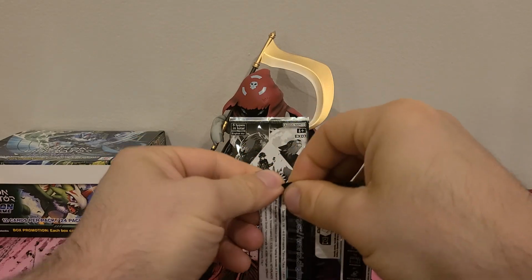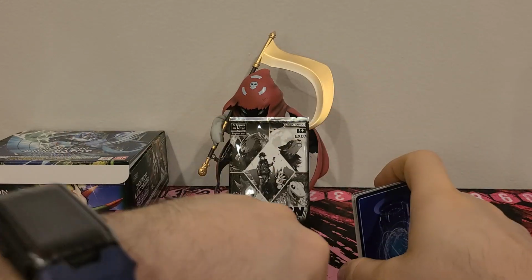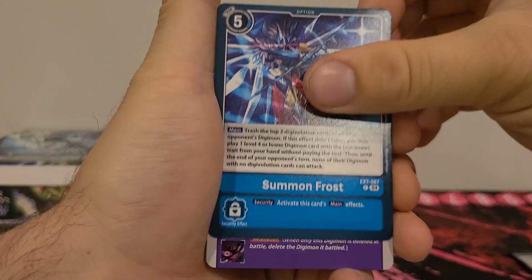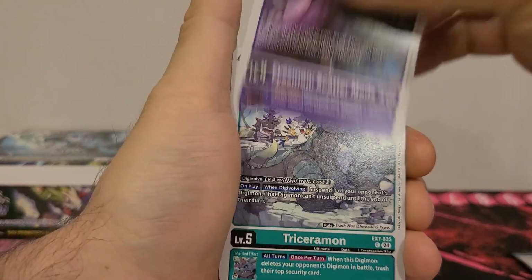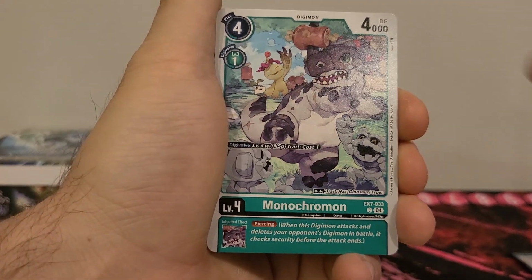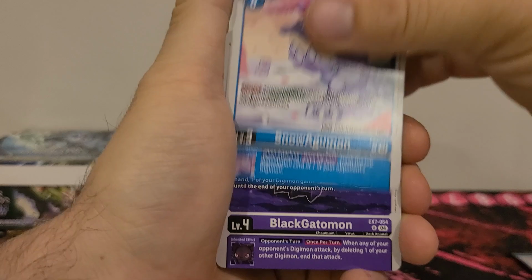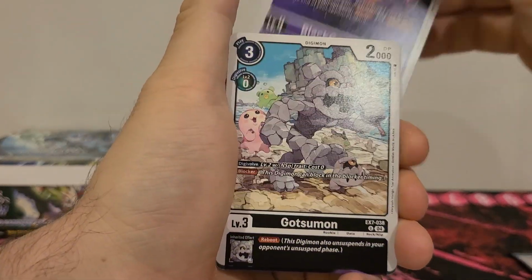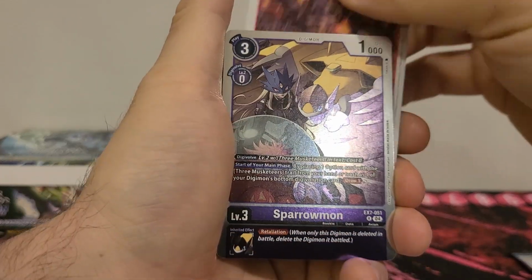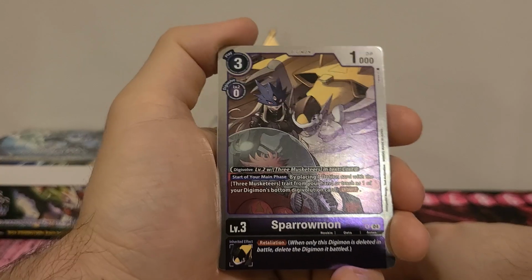All right, third pack. And we've got Summon Frost, Eismon Scatter Mode, Triceramon, Hayarimon, Monochromon, Jazzardmon, Snow Agumon, Black Gatomon, Gatsumon, Larvogaritamon, Sparrowmon, glad to get a third copy of her, 3 play cost, 0 Digivolution cost, 1000 DP, Digivolve from